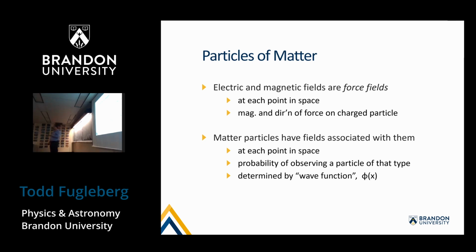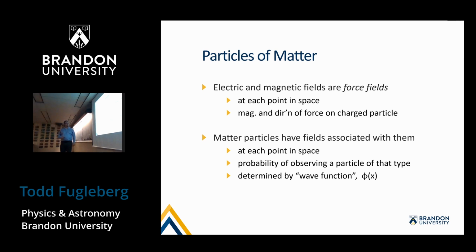What about matter particles, like electrons and protons and all the matter? Electric and magnetic fields are force fields, which means at each point in space, you have a little vector, a magnitude and a direction, which would tell you what the force on a charged particle would be there. And if there was a particle there with charge on it, it would move with a certain acceleration because of that force. That's what electric and magnetic fields are. So that's kind of easy to picture,